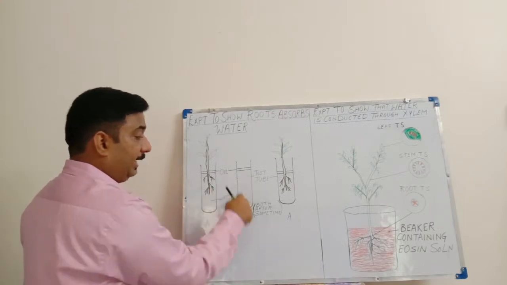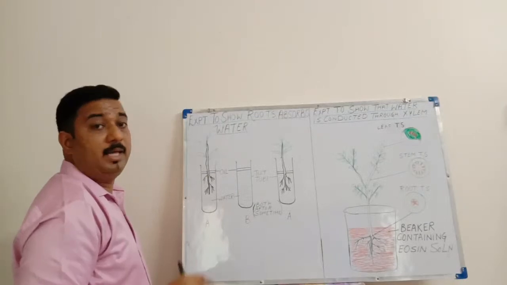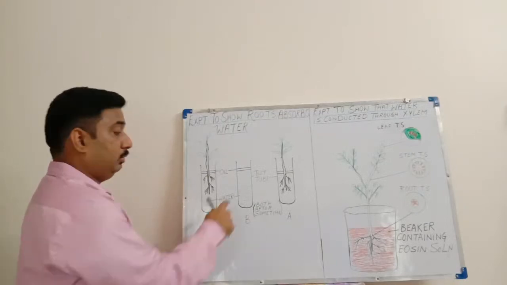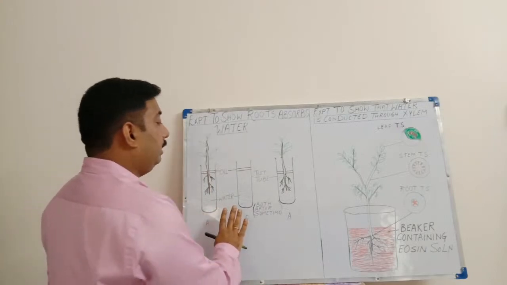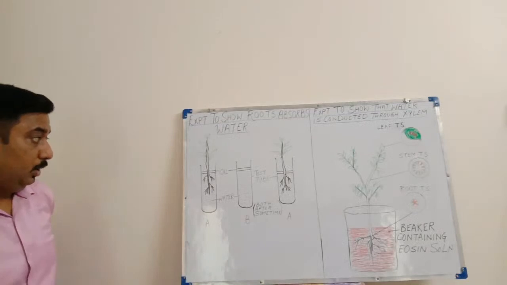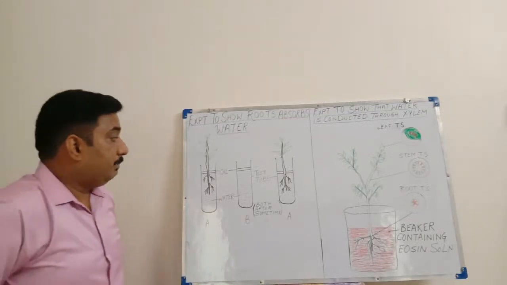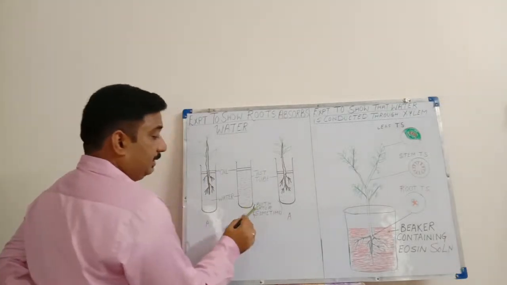So this will act as a control. Whenever we are conducting any experiment, there is a control experiment. So this will be a control setup. Now we have to leave the plant as such for some time. When we leave it for some time, we will find that after some time